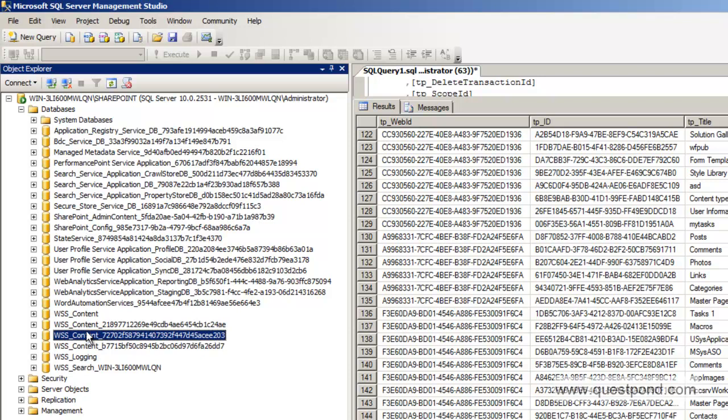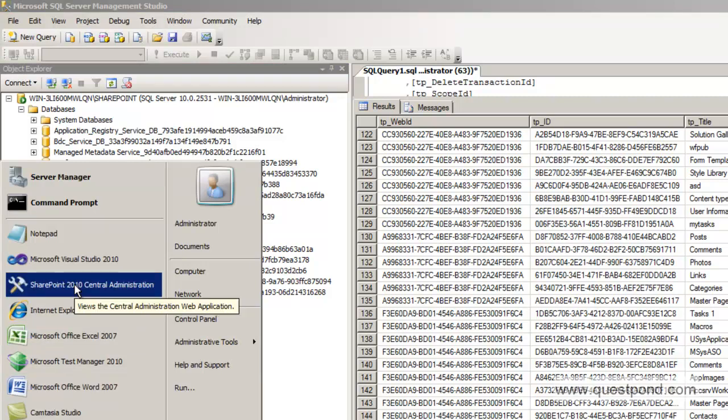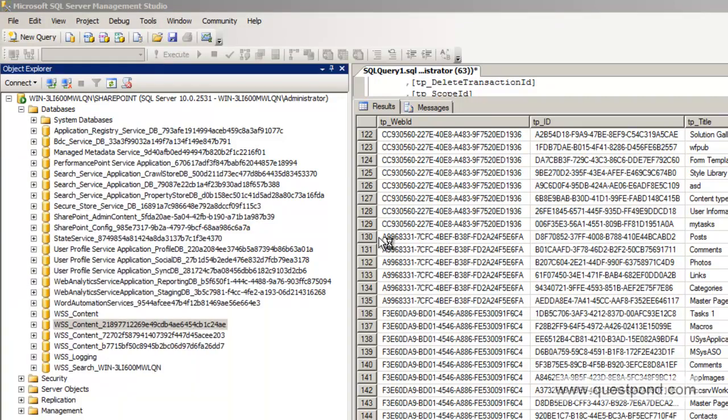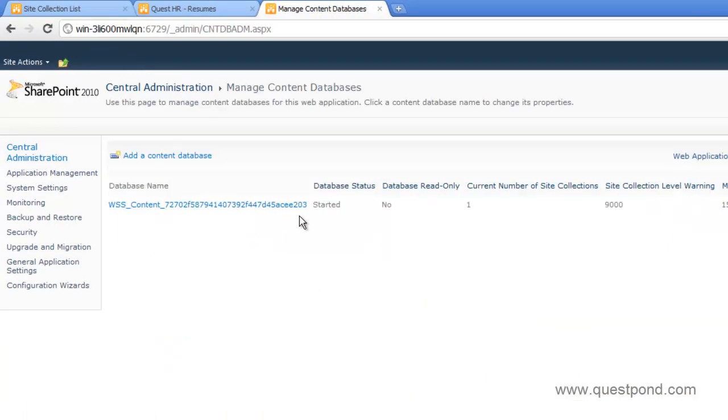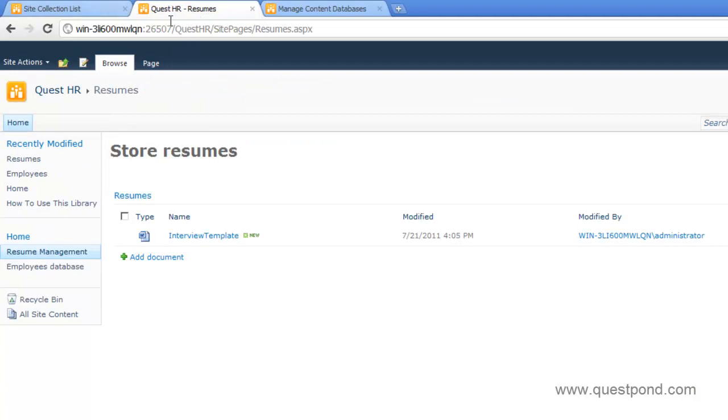Now to know which of these databases this site actually stores data into, let's go to our SharePoint Central Administration. So we were looking into the wrong database. Let's go to manage content databases. Okay, so you can see that this one is port 26507, which is nothing but our portal, right?